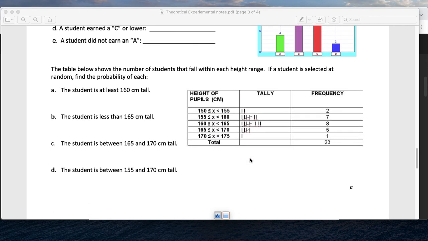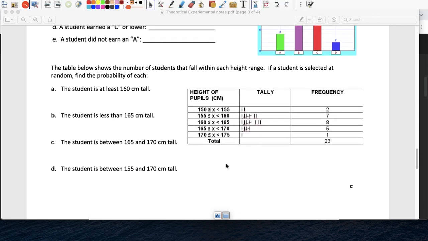The student is at least 160, so they took the measurements. If you pick a kid randomly, what's the probability that he's at least 160? At least 160 would be this group, right? Kids who are here, here, and here. So at least 160 centimeters would be 8, 5, and 1, which is 14 out of 23. Less than 165 centimeters